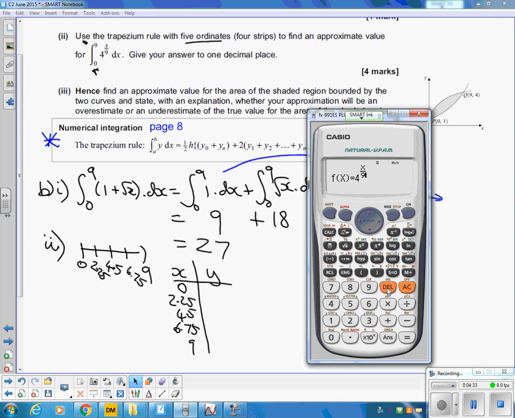You can do this by hand as well if you wish. We're going to start at 0 and we're going to finish at 9. And our step size is what we just worked out, so that's 2.25. So it's going to give us tables of values, and we can use these to fill in our table here. So they want 1 decimal place, so let's make sure we're working to at least 3 decimal places in our